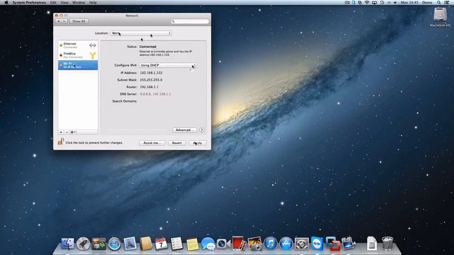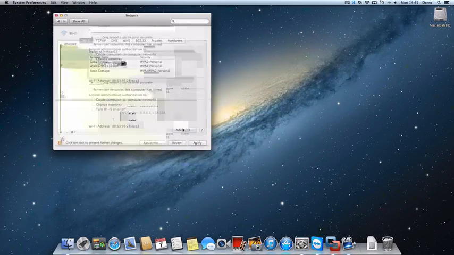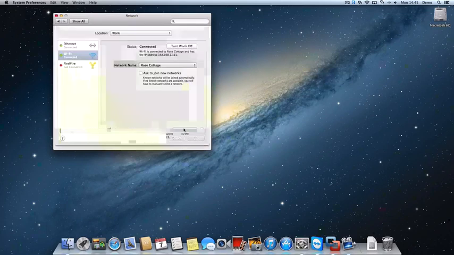And our Wi-Fi card, we're going to also use DHCP. Okay, that's already on DHCP. That's fine, so we'll leave that as it is. And we'll say that automatic is going to be home, basically. When we get home, we put everything on automatic. So we switch to automatic